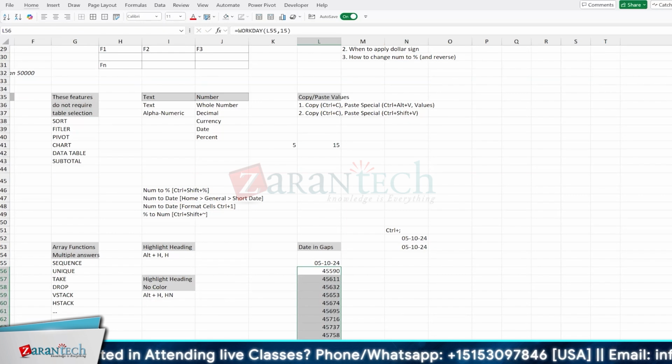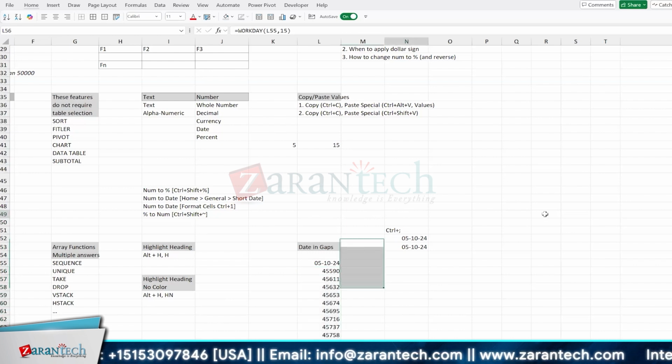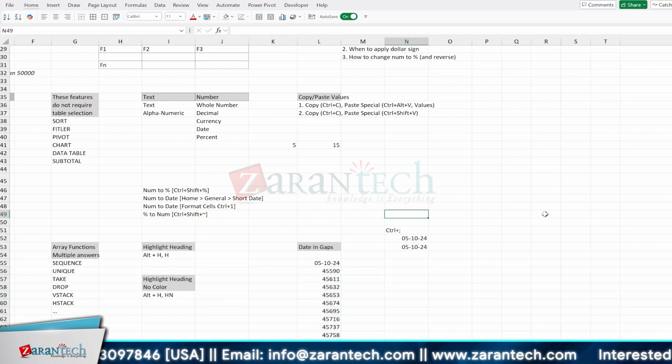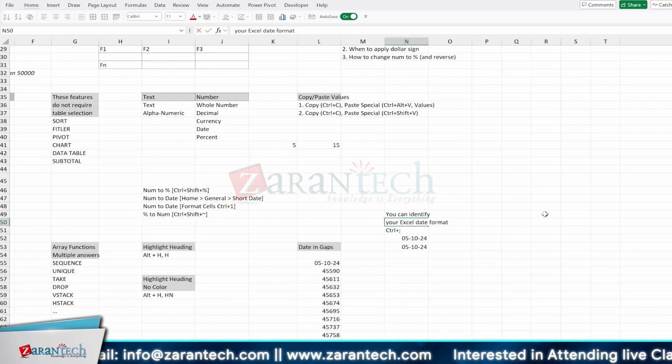When I go to filter, I will explain something very important there. How can we check the wrong date in Excel using the filter option? We'll discuss that later. The important part right now is that my default format is this format, and that's a way to identify the format. You can identify your Excel date format here